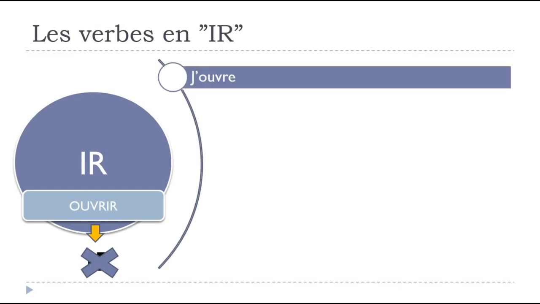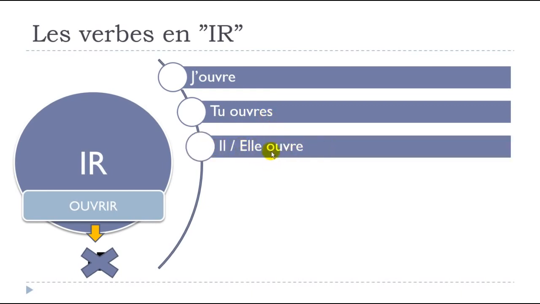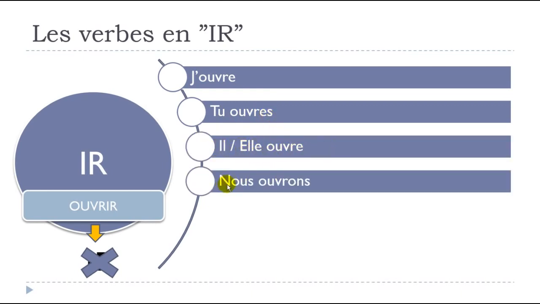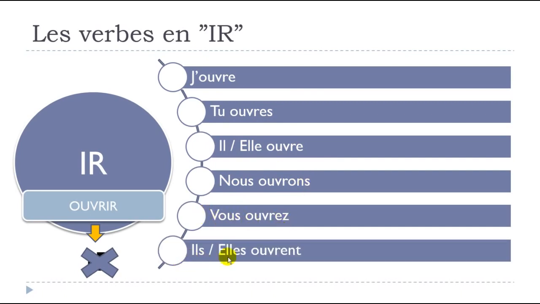And so after that you will get j'ouvre, tu ouvres, il ouvre, elle ouvre, nous ouvrons, vous ouvrez, ils ouvrent, elles ouvrent. So it's clear that we've got this verb ouvrir, ending with ER, and as I told you here, you should take this ER away. So you'll get the form